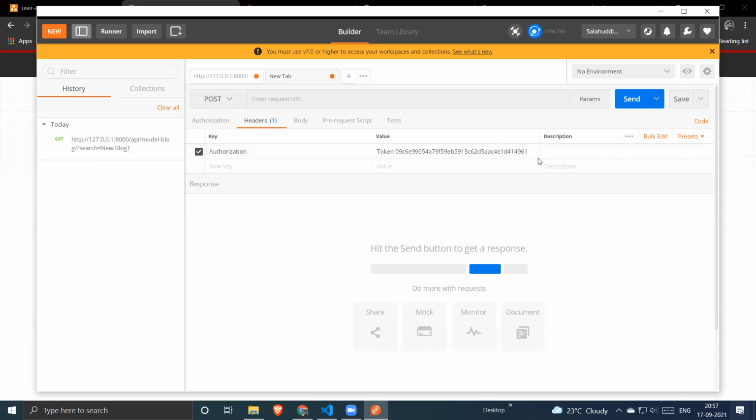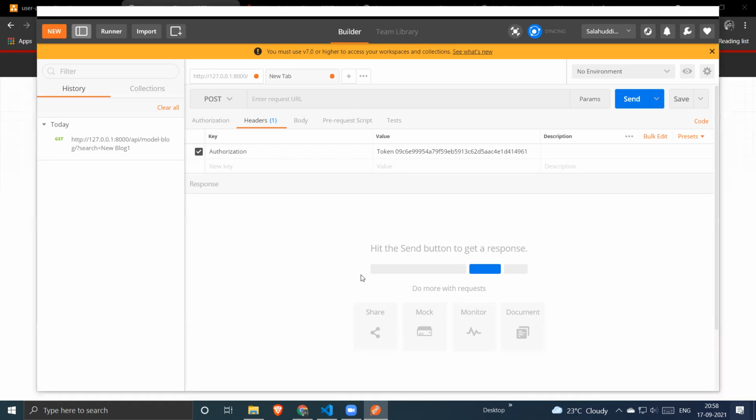This is how you send your token from the client side to the server side, from the headers, with the key Authorization and the value concatenated with the Token string, a space, then your own token.